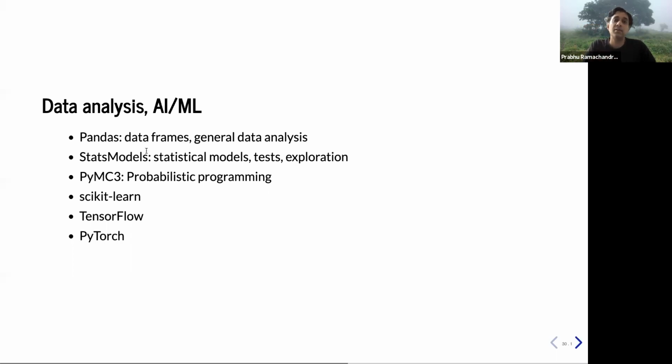For data analysis and statistics, there are a whole bunch of nice libraries that Python provides, like pandas, statsmodels, PyMC3. If you're interested in any of these, they're all Python based. Same way, if you want to do machine learning, there's scikit-learn. And if you want to do DNNs and things like that, TensorFlow and PyTorch are fantastic.